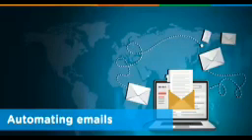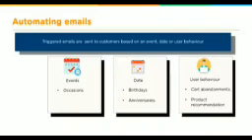Okay, let's talk about automating emails. Email automation. So triggered emails are sent to customers based on an event, date, or user behavior. Okay, so when we say an event, it could be a special occasion like Mother's Day. Okay, it could be a date like a birthday or anniversary or a specific day of the week. Can also be based on user behavior. You know, a good example of user behavior are those who abandon the cart. You can trigger an email.